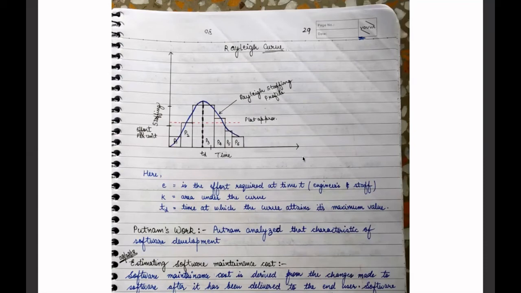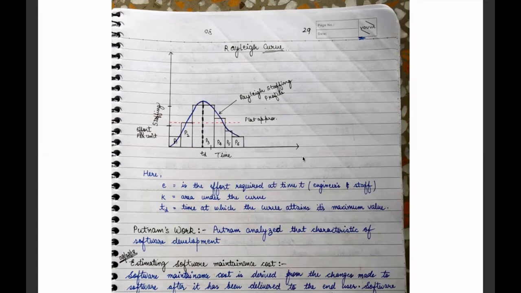Putnam studied the problem of staffing of software projects and found that software development has characteristics very similar to other R&D projects studied by Norden, and that the Rayleigh-Norden curve can be used to relate the number of delivered